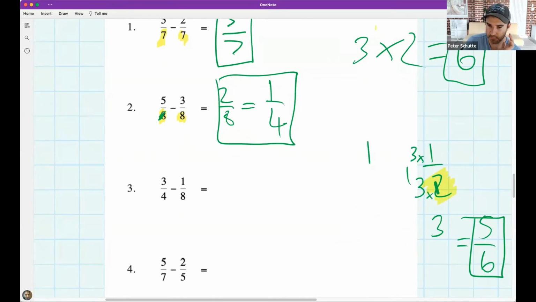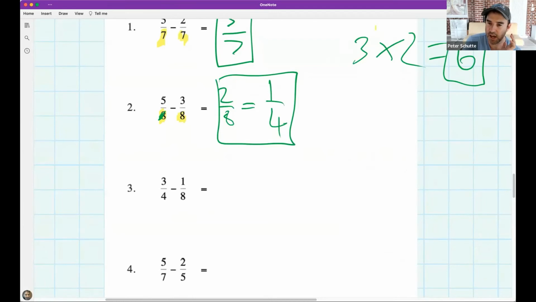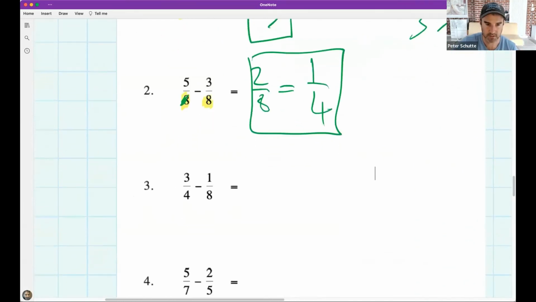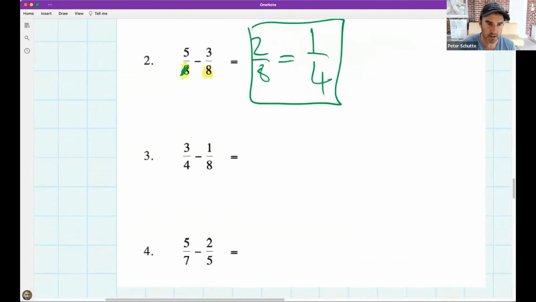Okay, now 3 and 4 start to get a bit more interesting, because the denominators are not the same. Now, this is where I don't always multiply my 2 denominators together. So at the moment, in this question, you have 4 and 8. I wouldn't multiply 4 and 8 together to get a denominator. You could, but what I would say is that I would really like to change the fraction